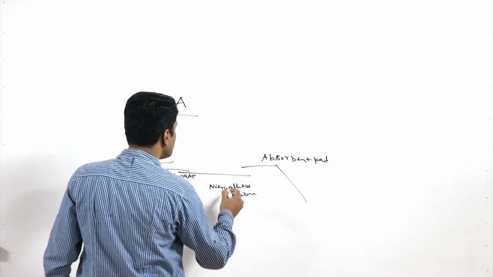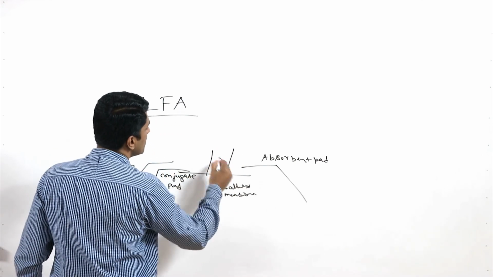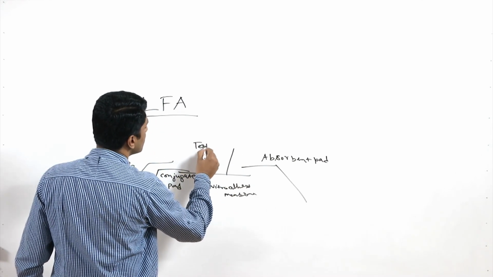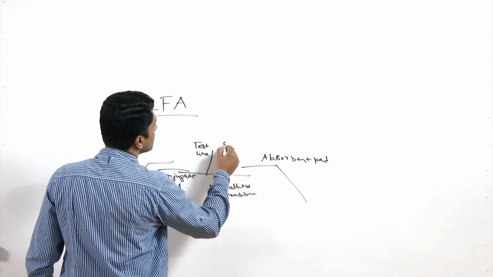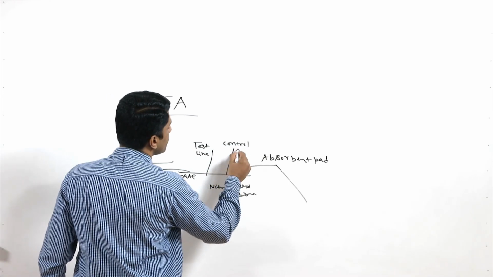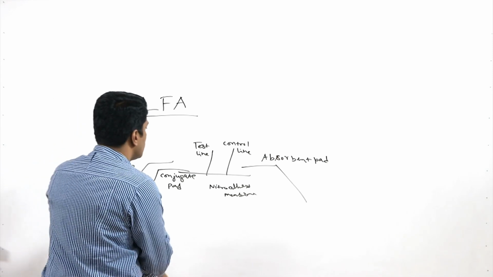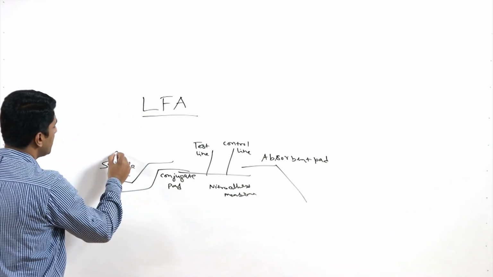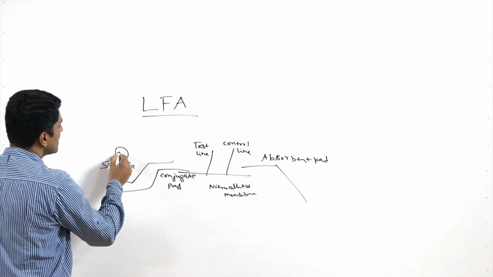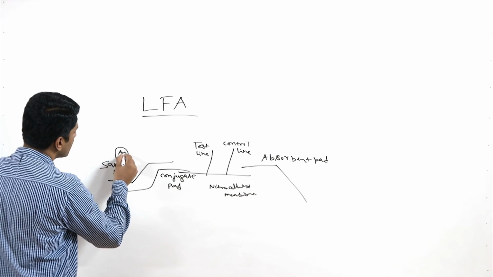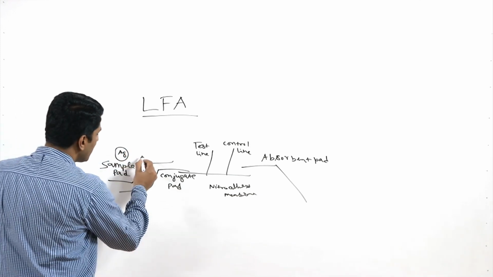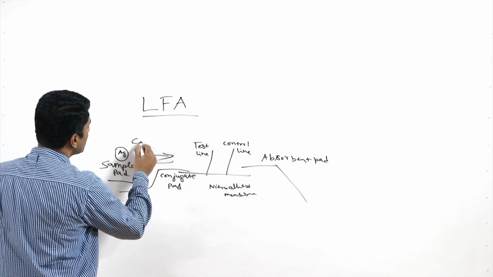In the nitrocellulose membrane we will have the test line and control line. When we add the sample here, the sample contains the antigen. This sample will move in this direction through capillary force,